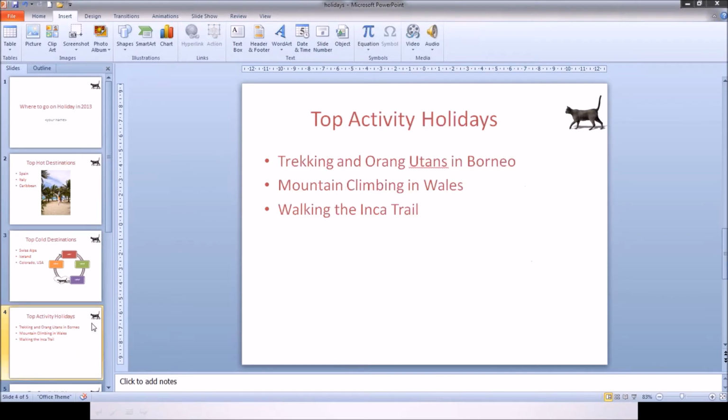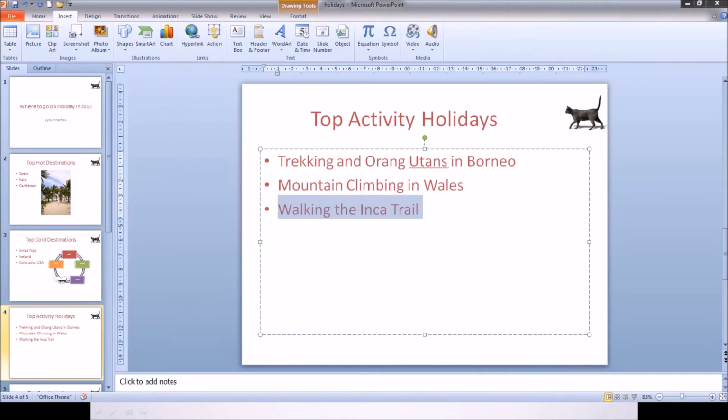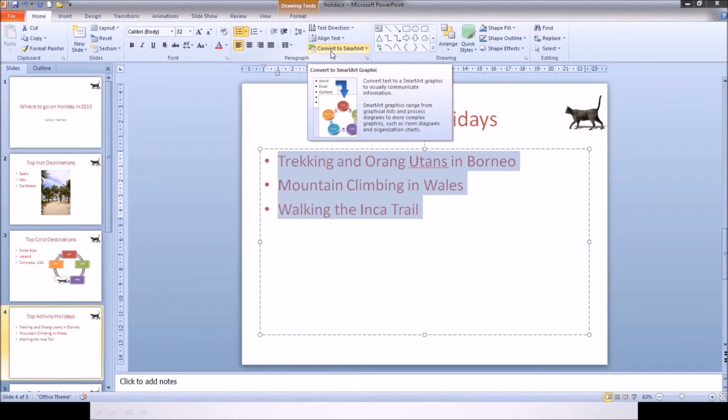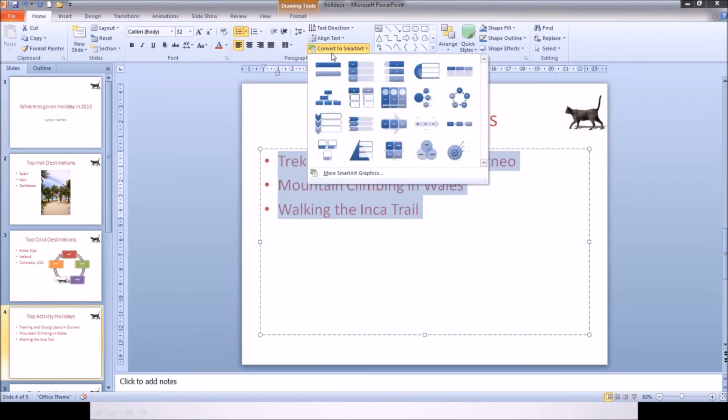And I can also convert bullet points into SmartArt, because sometimes presentations can get a bit boring, too many bullet points, so diagrams just make it a bit more interesting. So I select my bullets, go back to Home, and I have a button that says Convert to SmartArt. And if I click that, immediately I get my